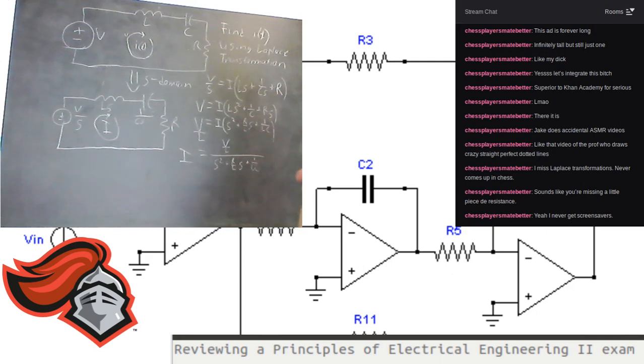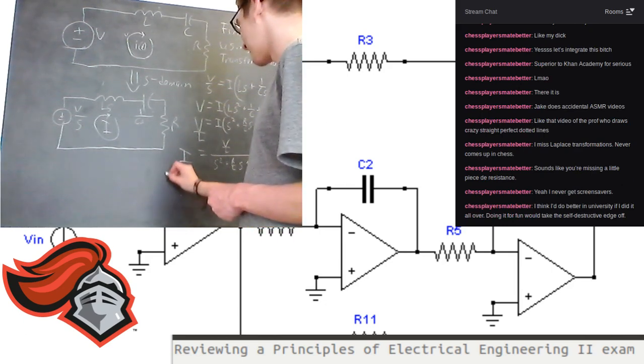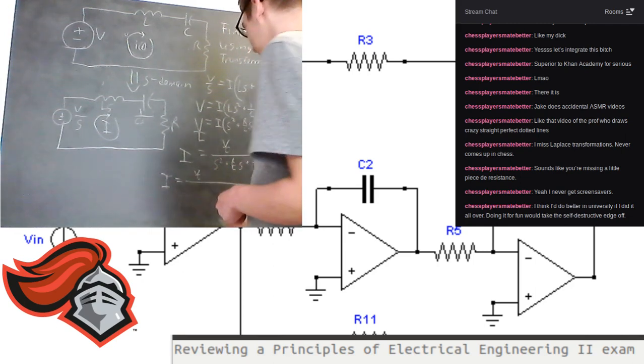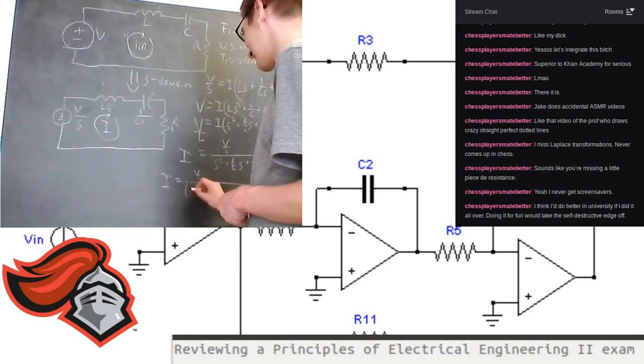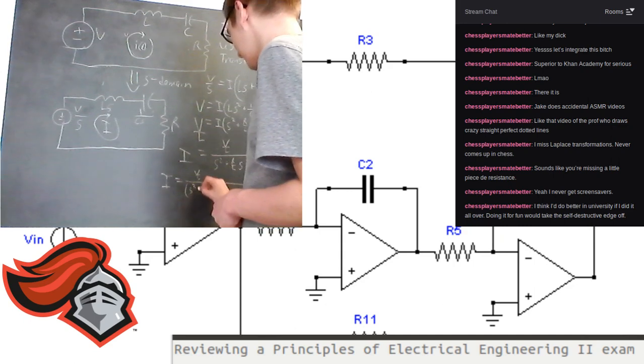Then you want to complete the square to factor this, actually factor this. So then we end up getting I equals V over L divided by S squared